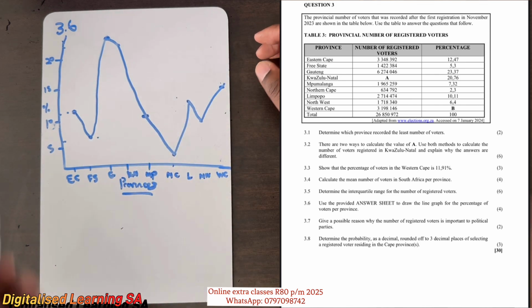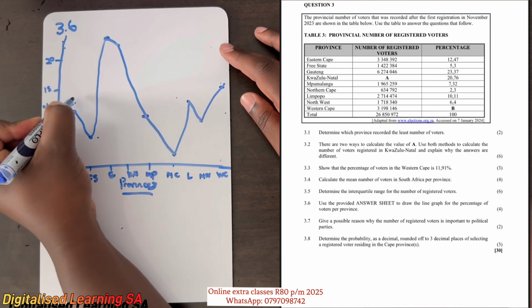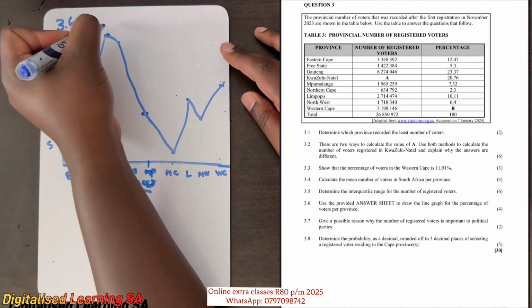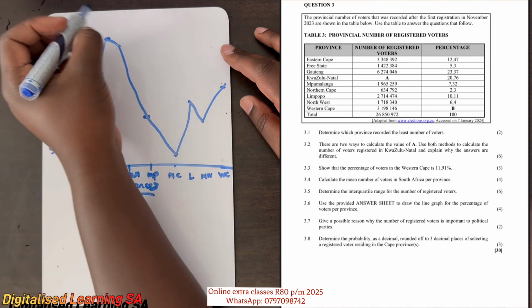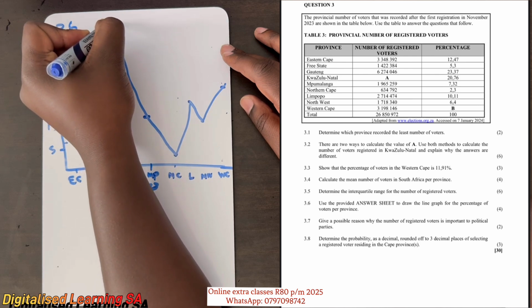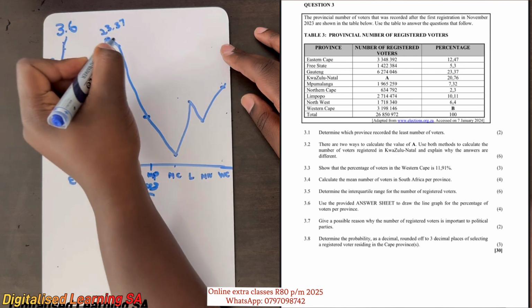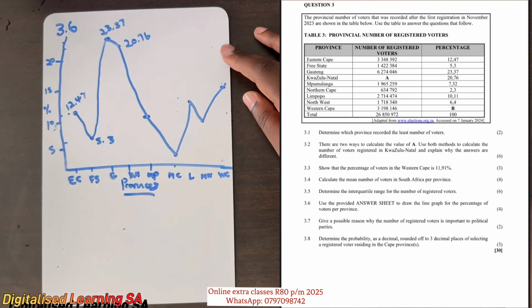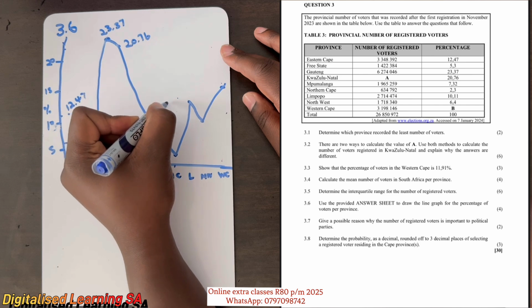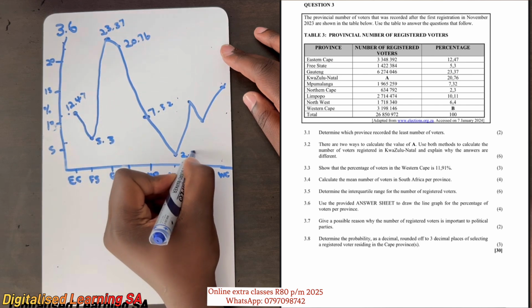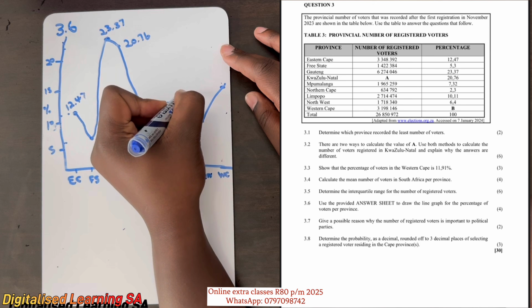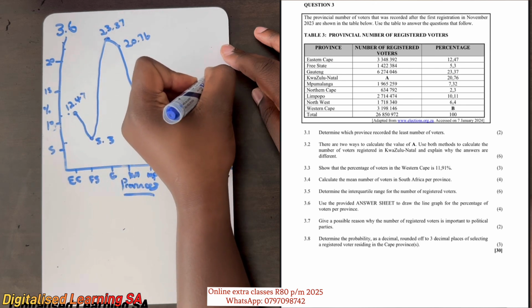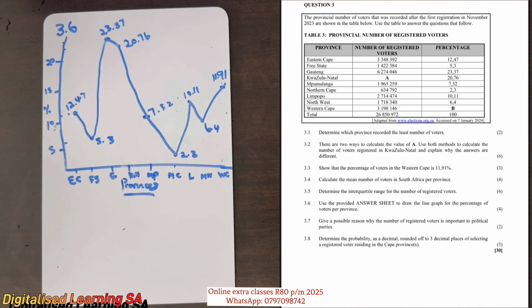And then after drawing it, we can also label it. So we can come and say 12.47, then 5.3. Then we can also have 23.37. Then we can have 20.76. Then we can have 7.32. Then we can have 2.3, 10.11, 6.4, and 11.91. So now we are done with question